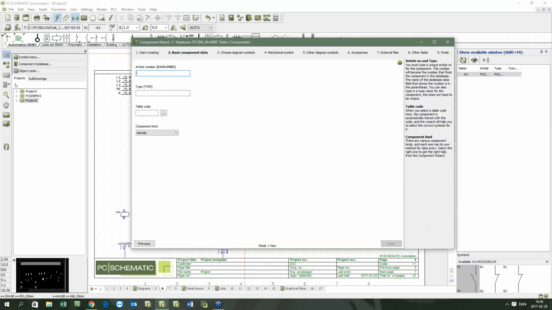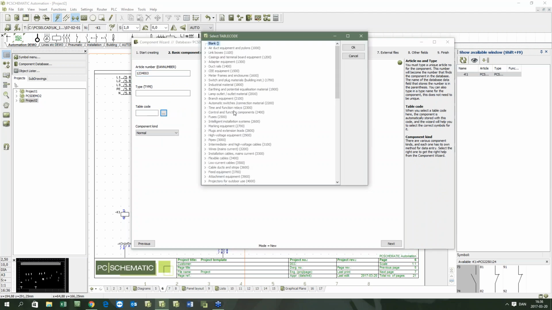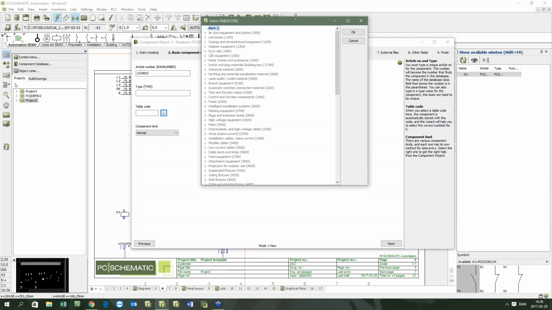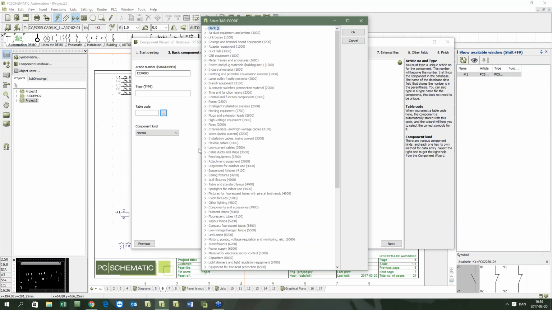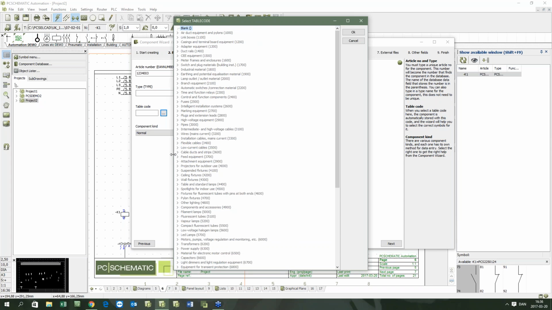When I make a new component here, I can go in and select the table code. The question was how to remember what is in this table code. I'll just say that I don't remember either. That's a very true answer to that question. I think knowing what is where, or where to find what, is simply a matter of using this system here. I have made, and I haven't released it yet, a table code that is according to